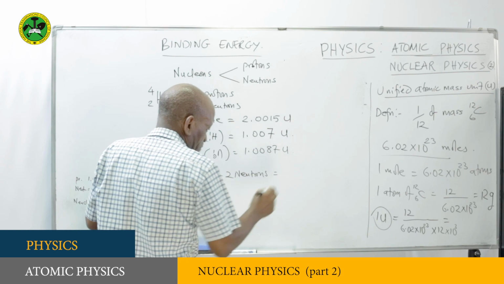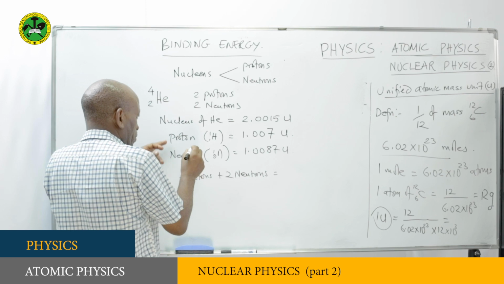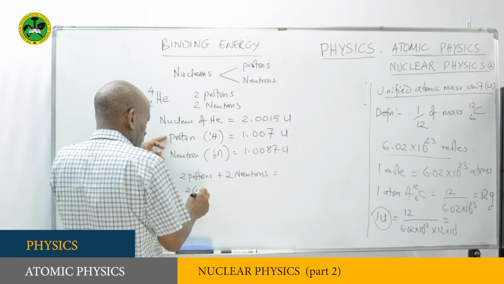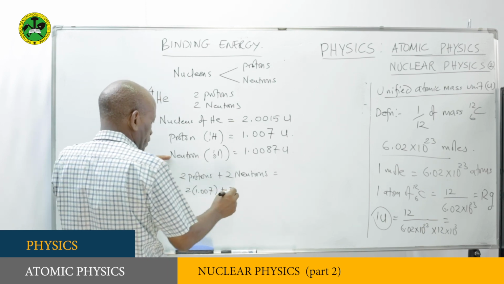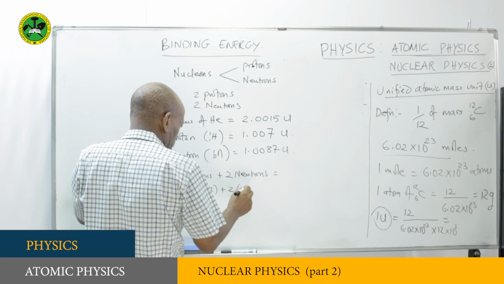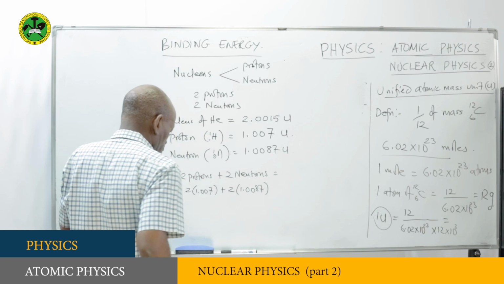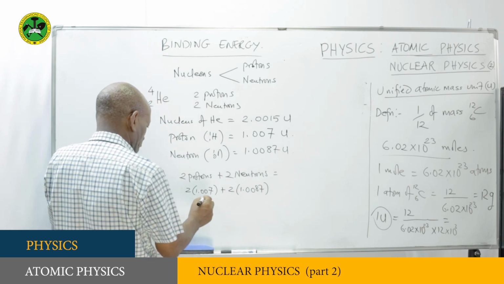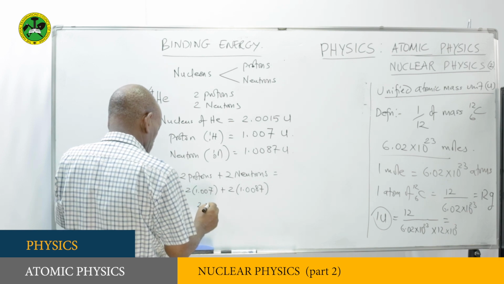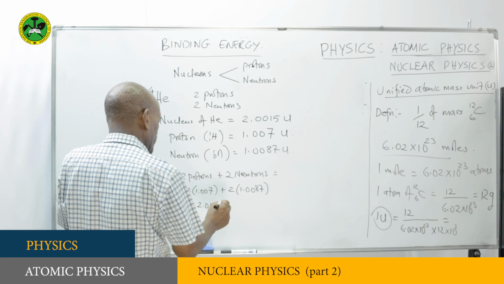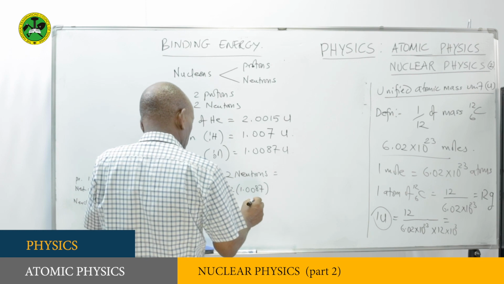Here we take 2 times the mass of a proton, which is 1.007. We add the two neutrons, which is 2 times 1.0087. And this is going to give us 2.014 here, and if we multiply by 2 here we will have